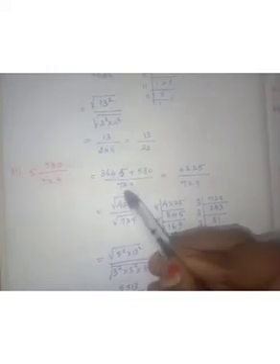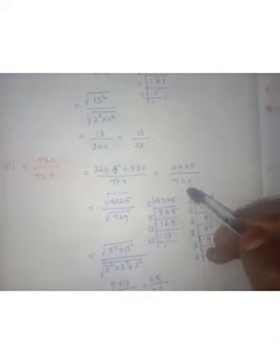The next one is a mixed fraction. With a mixed fraction, the denominator is always multiplied with the whole number. 5 into 729 is 3645, which is added to the numerator 580. The denominator is as it is, 729. Now you add these two numbers and you get 4225 by 729.